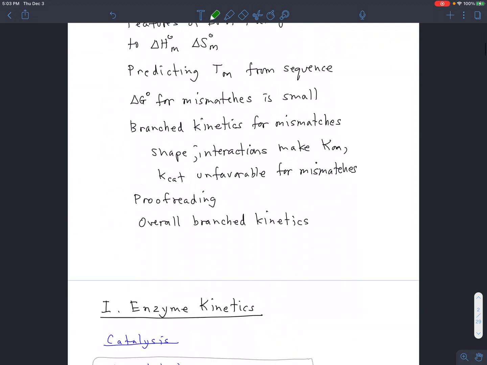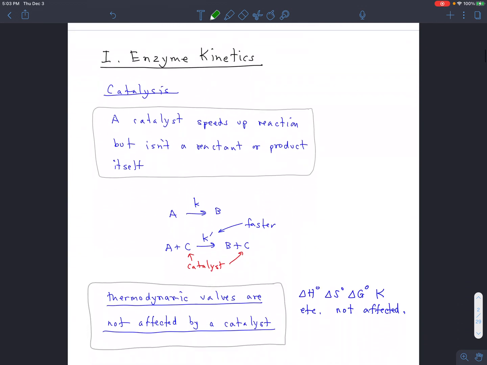All right, so the very first topic we didn't cover under exam 3 is enzyme kinetics. Remember, we sort of split kinetics into two parts. One is the general kinetics that we did cover in exam 3, and then the enzyme kinetics that we didn't. We put that off to now, so let's talk about it. So first of all, we talked a little bit about catalysis, because enzymes are catalysts, and so enzyme kinetics is